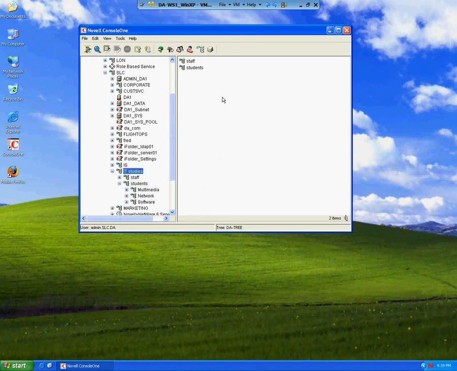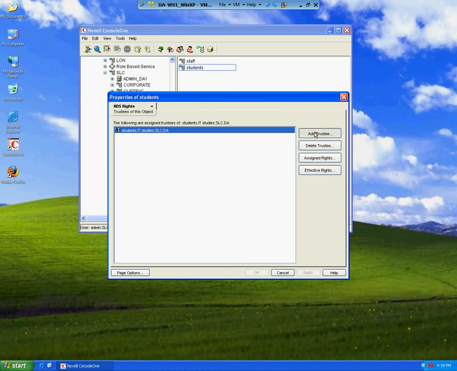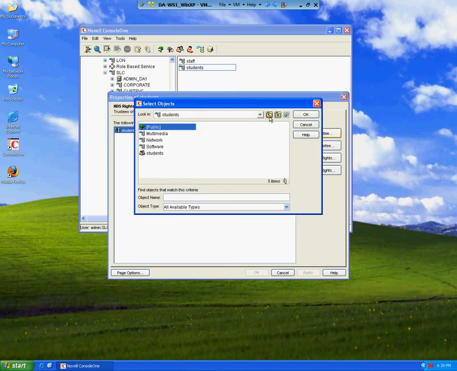In this example, obviously as a lecturer, the lecturers may be given the right to create new student accounts or change or update student accounts. For example, in order to achieve this, we can right click on the target, in this case the students organizational units, select trustees of this object, add a trustee. In this case we'll add the lecturers group,